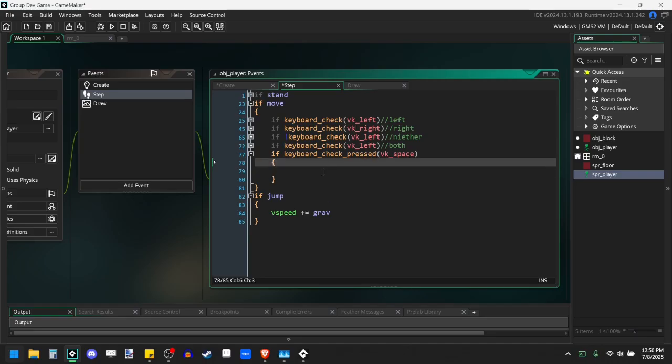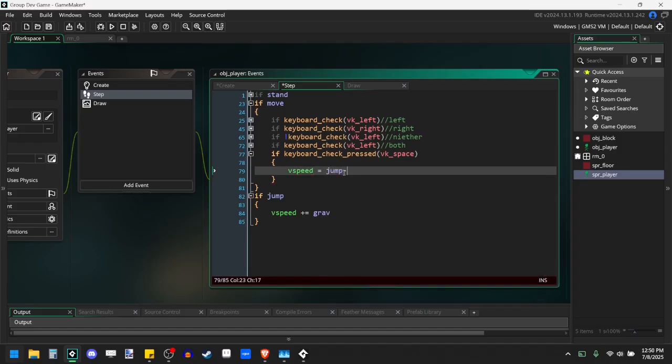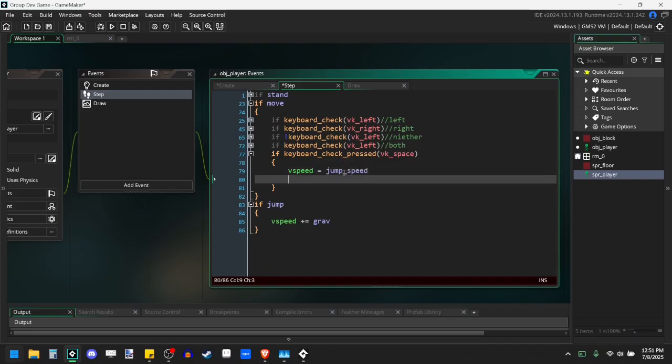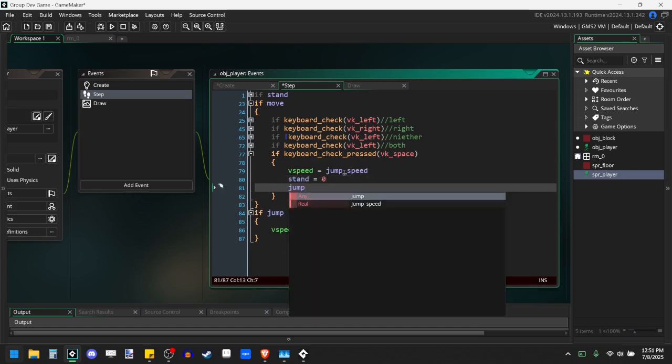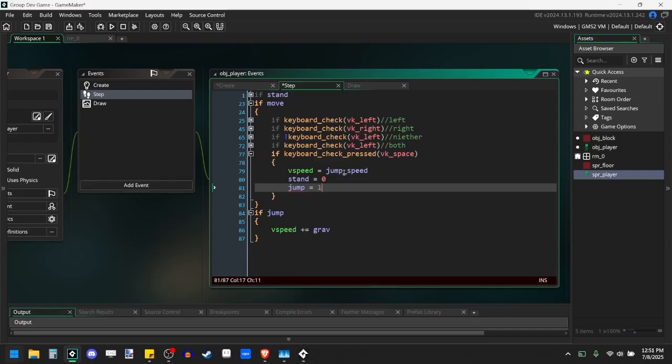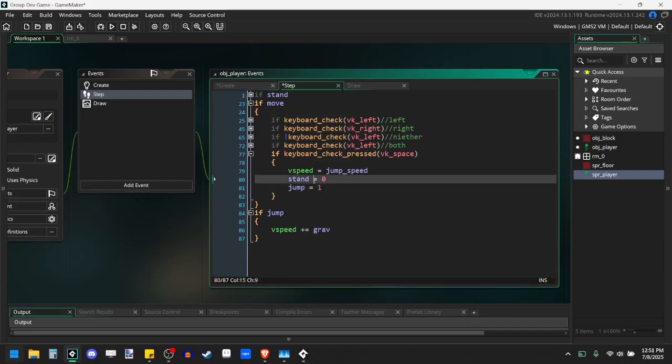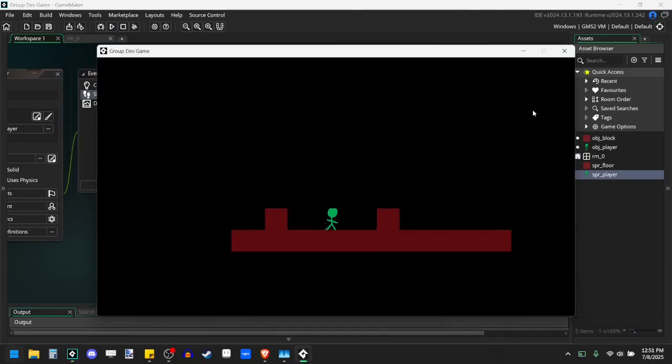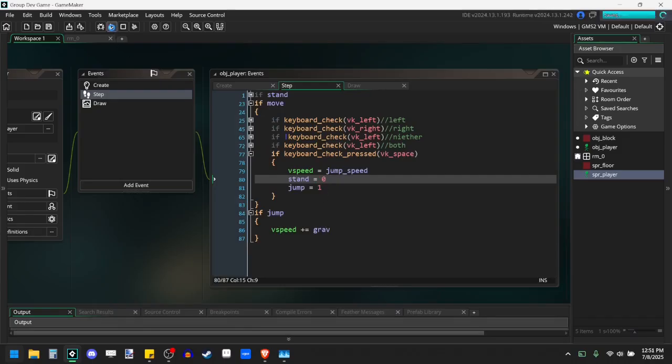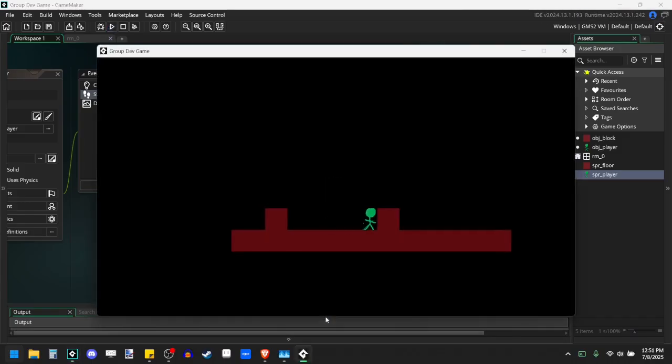So I taught you a little bit about hspeed. So this time we're going to be messing with vspeed. vspeed equals jump speed. We've also got to, of course, turn stand equals 0, and now we're in jump, so we can start applying gravity. So if you press space during move, that's a pretty simple one to add in. Or sorry, not during move. I guess it is during move. I meant to put that in during stand,